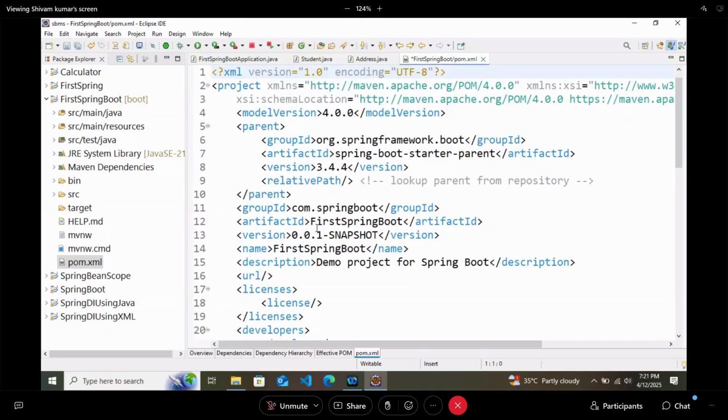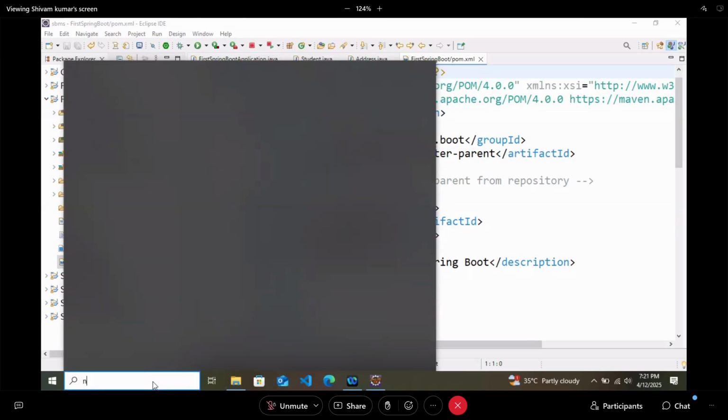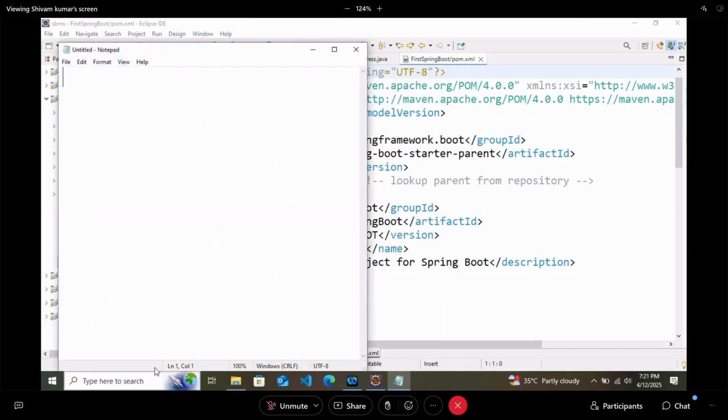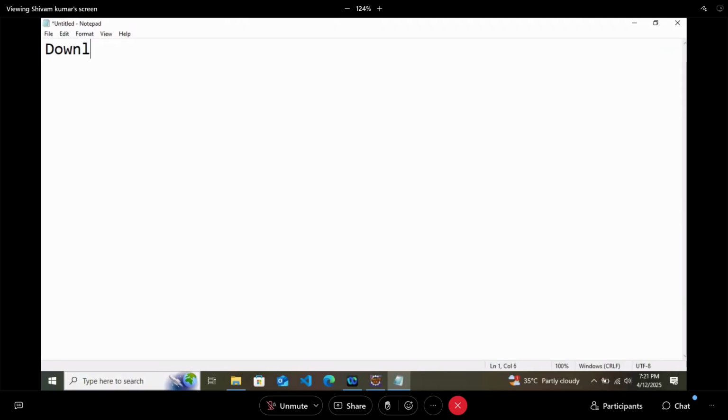Just in case, even after doing this, you are facing some error and it is showing a message like, downloading external source is disabled.